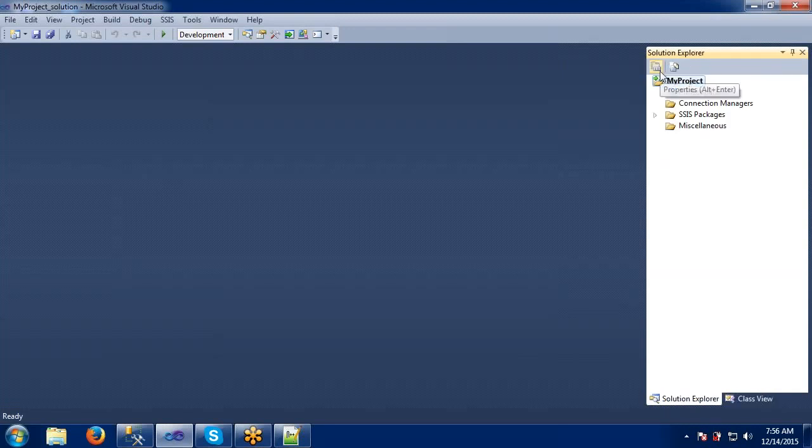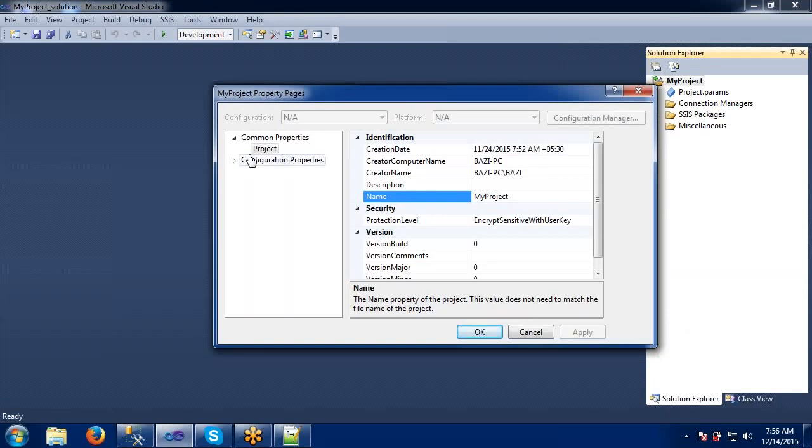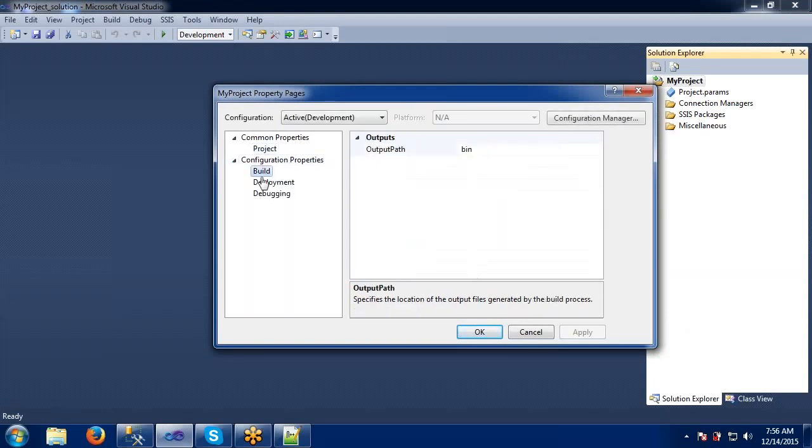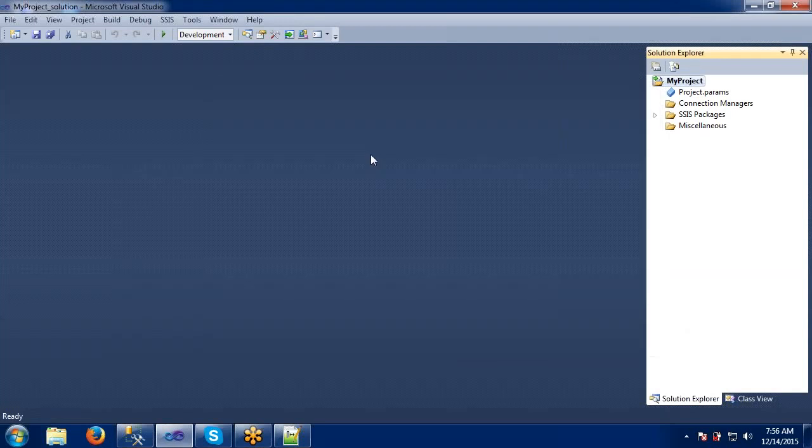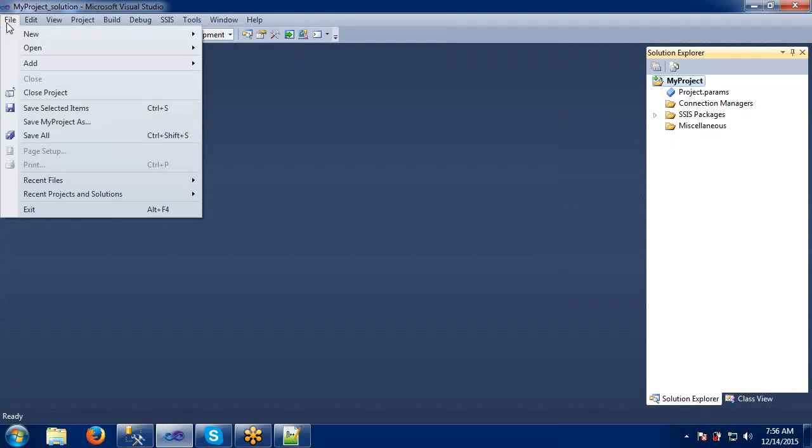Right now, my project is located at some location where I have all my projects. See, this is my project location where my SSIS project is located. So if you want to make the SSRS also in the same solution, giving one solution with SSIS and SSRS, then what we have to do is just go to this one and add a new project to that solution. Okay, let me show you this one.